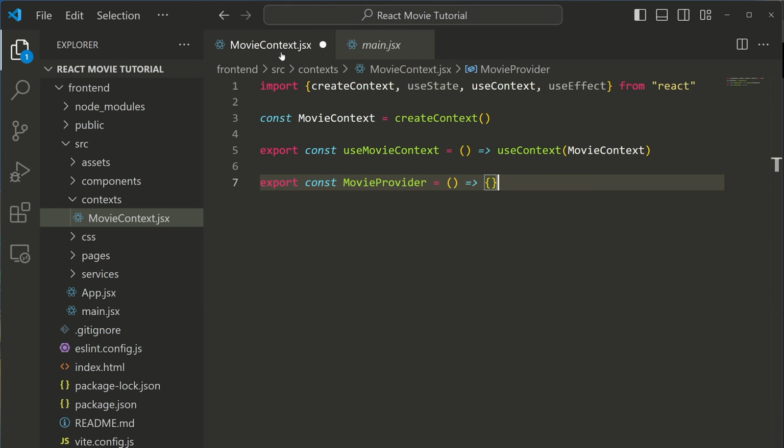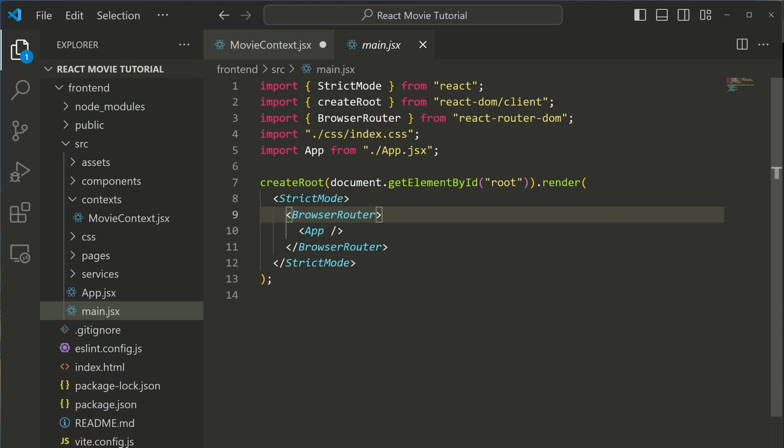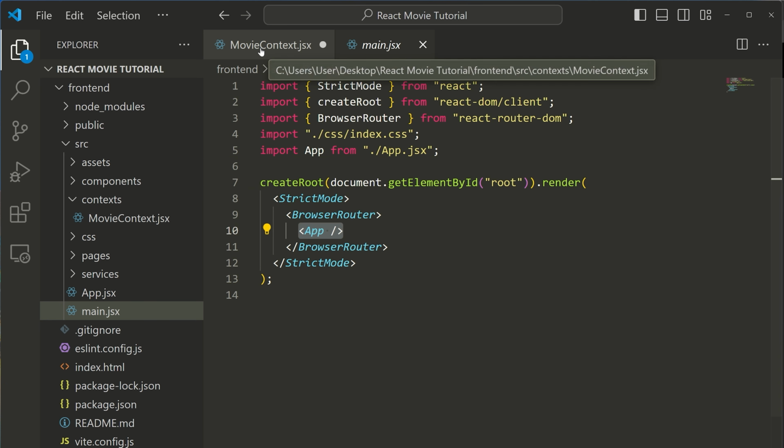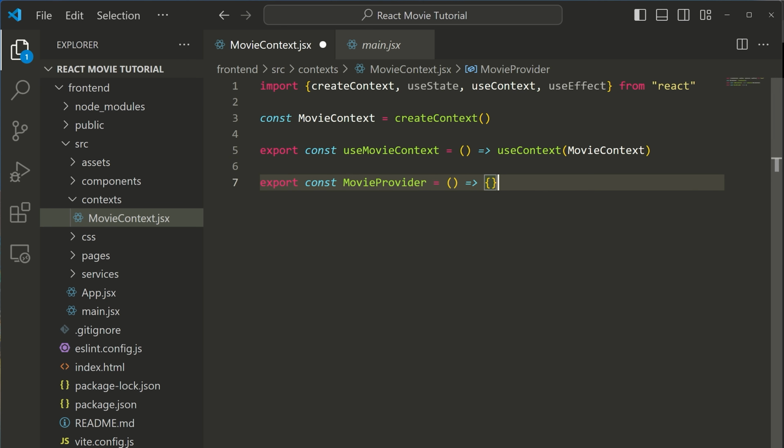So what we're going to do is write our own feature just like that, our own movie context. We're then going to wrap the app in that MovieProvider or that movie context. So now any of the components in our app can access this state,